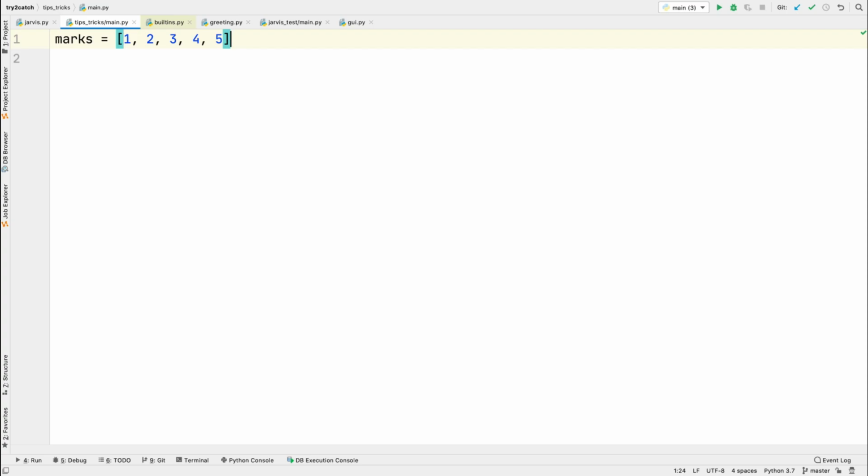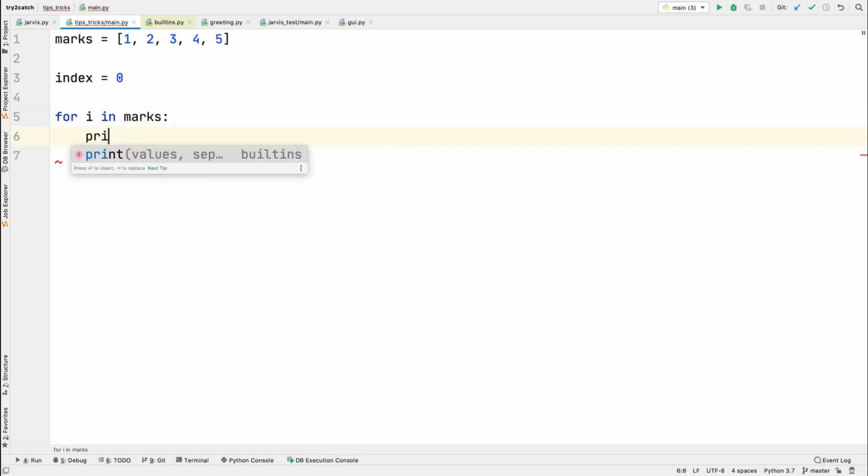If you don't know the tips and tricks for this, then what I would do is create a variable index and give it 0, and then create a for loop here, for i in marks, and here I'll just print